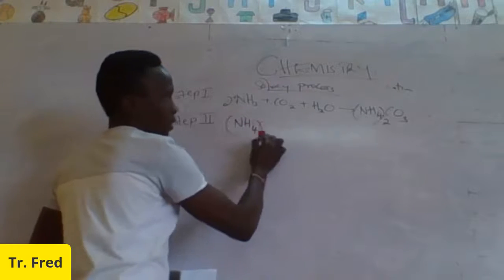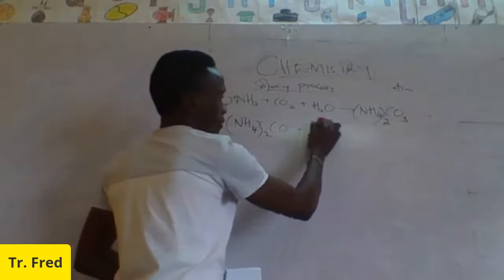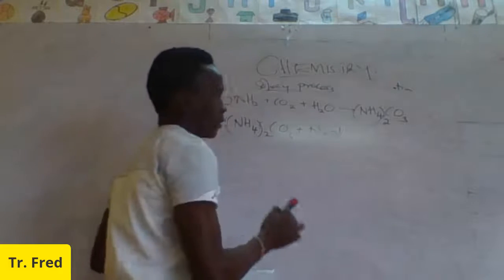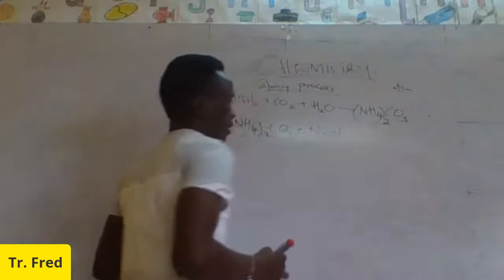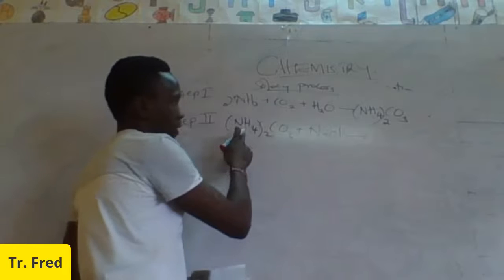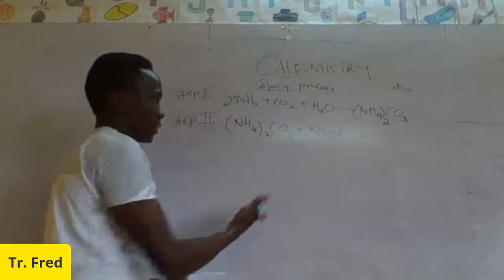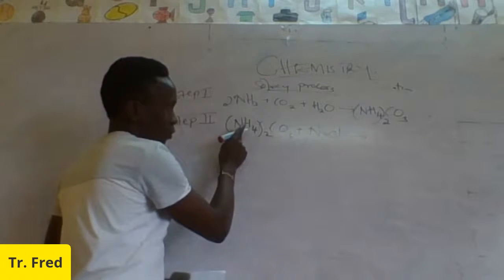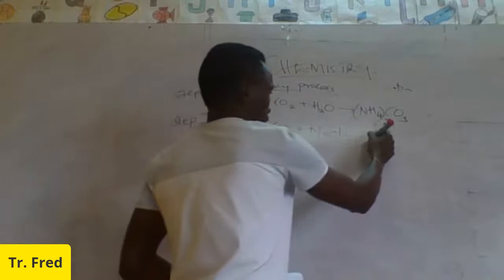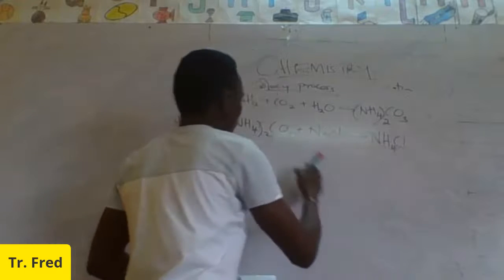This is ammonium carbonate reacting with brine, which you have said is sodium chloride, to get an exchange of radicals. The exchange of radicals will be ammonium taking the radical of sodium, and the radical of sodium is chlorine. Therefore, ammonium takes chlorine, the exchange of radicals. So this is ammonium chloride and